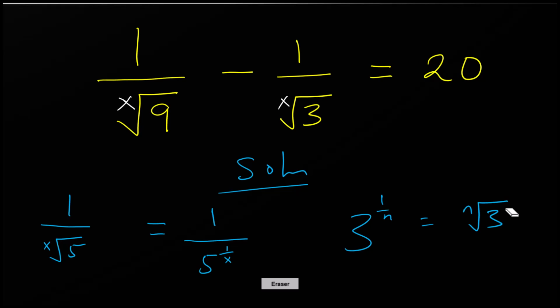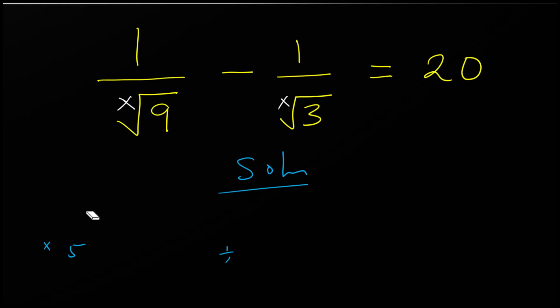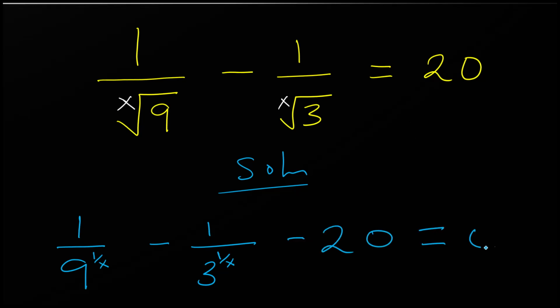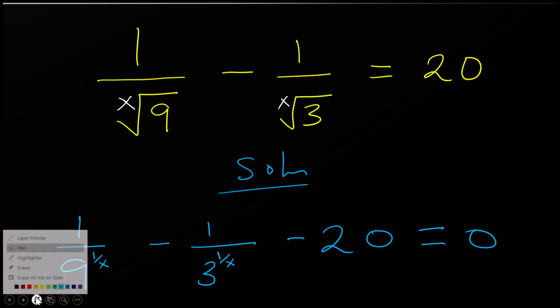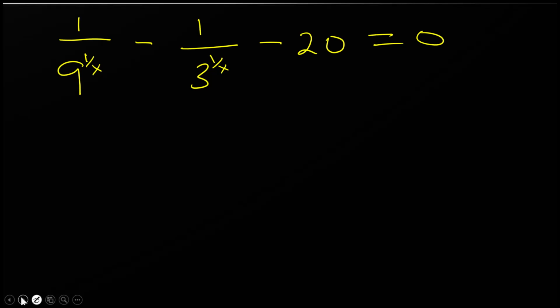Now following this scenario, you can go ahead and write 1 on x root of 9 as 1 on 9 raised to 1 on x minus 1 on 3 raised to 1 on x. So we have minus 20 equals to 0. Okay. Alright, from here